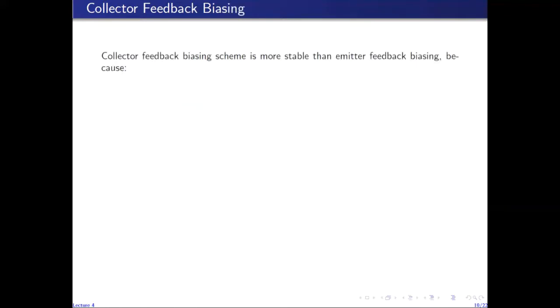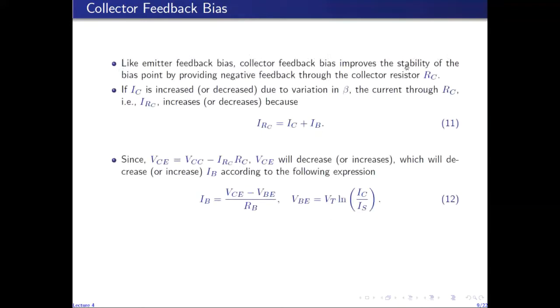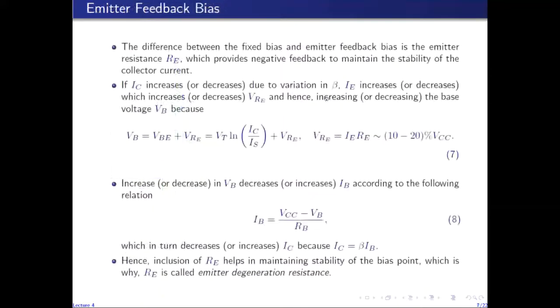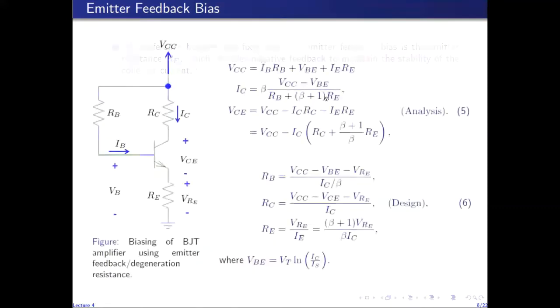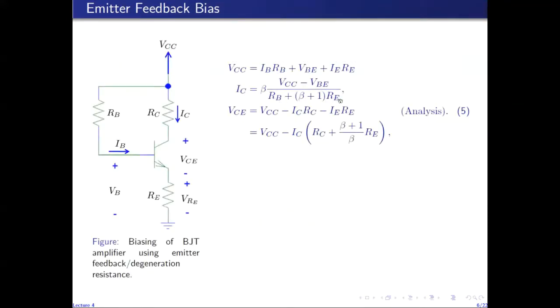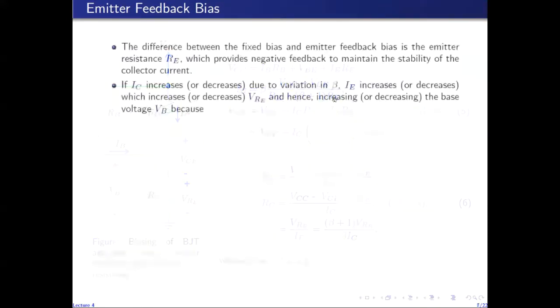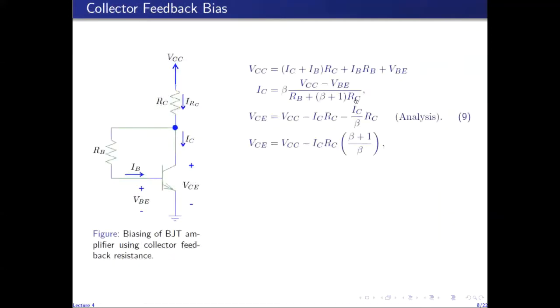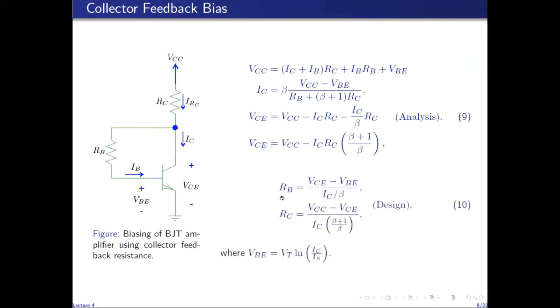But in this case, the stability of the bias point is better than it was in the case of emitter feedback biasing. Because if you remember, IC was given by a similar expression for emitter feedback bias. The only difference is that in the denominator, instead of RE, we have RC. And typically, RC has a larger value than RE. Also, the base resistance RB in this case,